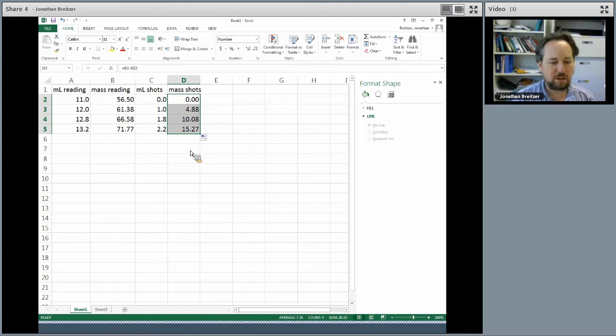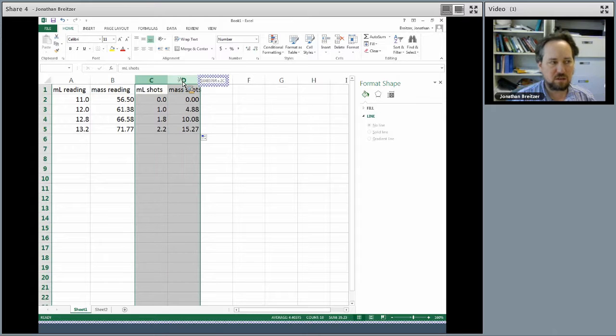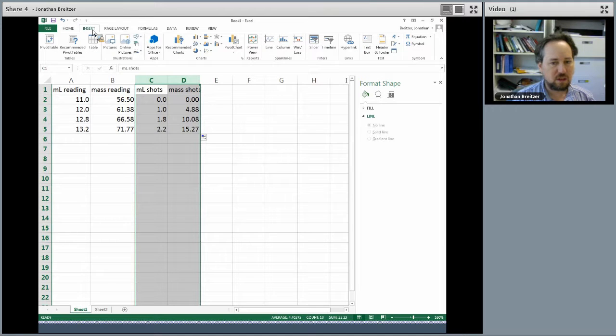Now we're ready to make a graph. We will highlight C and D, highlight the entire column, and then we're going to put up here at the top, insert. And then under charts, we're going to go way over to here where it says scatter, XY, or bubble chart.